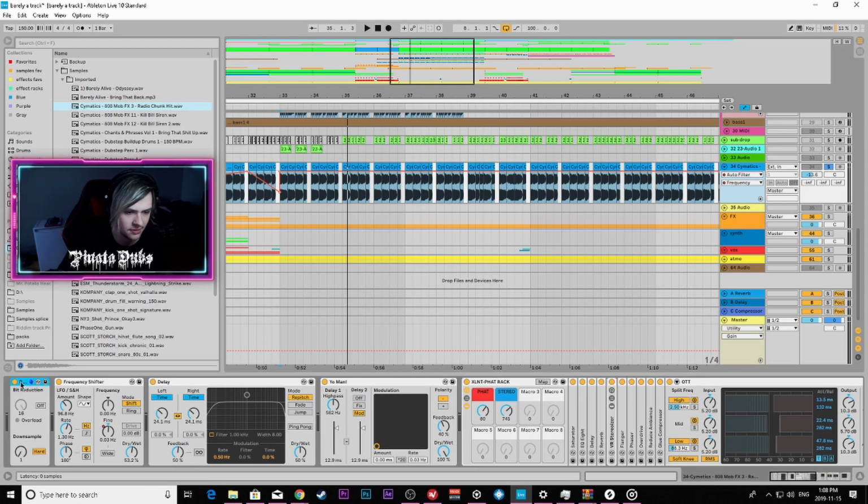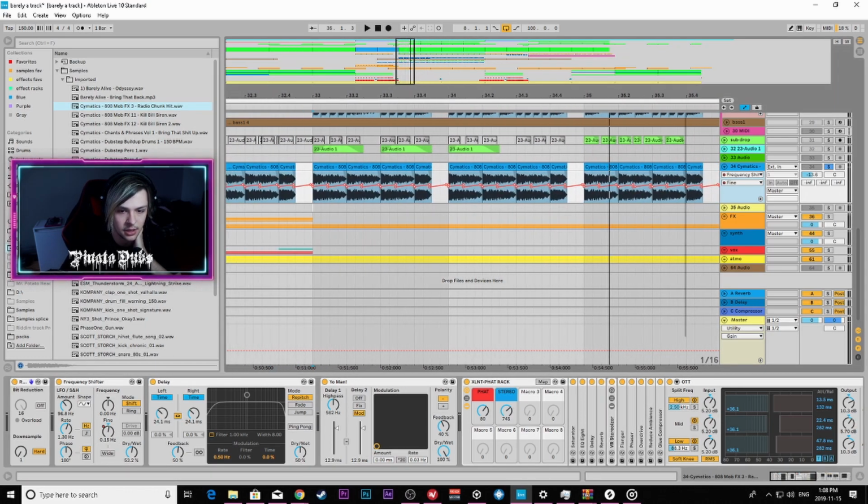So first off, we have downsample. I don't think this is actually really doing anything. Might be doing a little bit. I don't think it's doing much. And then we have frequency shifter. I use this actually a lot, and all I did was just kind of...